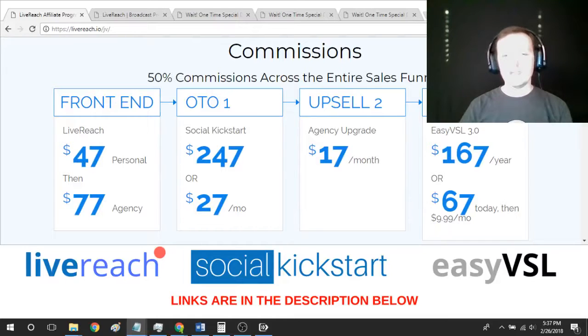It's not that you need it in your arsenal, but it's good to have, let's say you just need new content, or you can take old content, plug it into Easy VSL 3.0, turn it into a new look, and then publish it as the next rendition of that particular message. But none of it's necessary. You can still go live to Facebook, you can still go live to YouTube, and you can do all that with LiveReach. And that alone is going to be an incredible shift in your marketing for just 47 bucks.